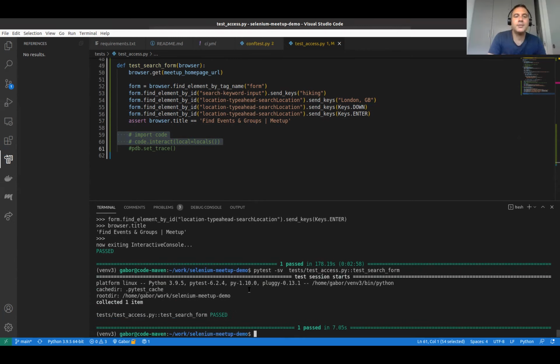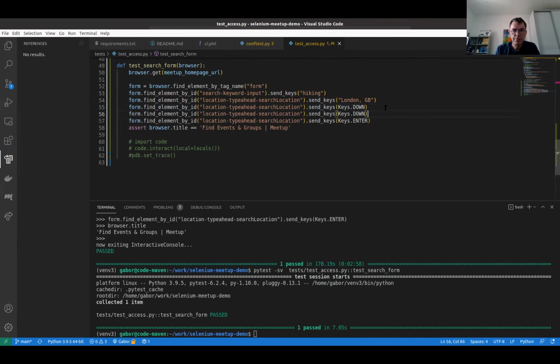Yeah, after we have the test, let's do it. So this is passing now, but let me get the value from here. Then one more line, 58, put it after the enter. But after the enter, it already goes to the next page. That's exactly the problem.